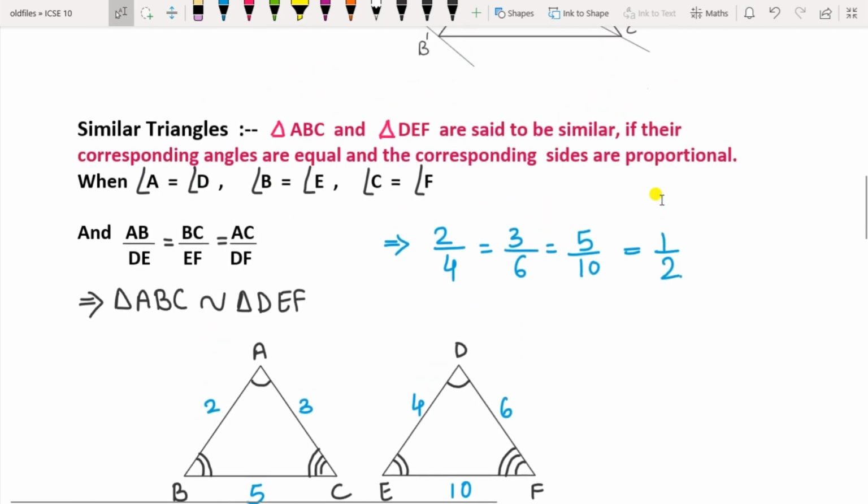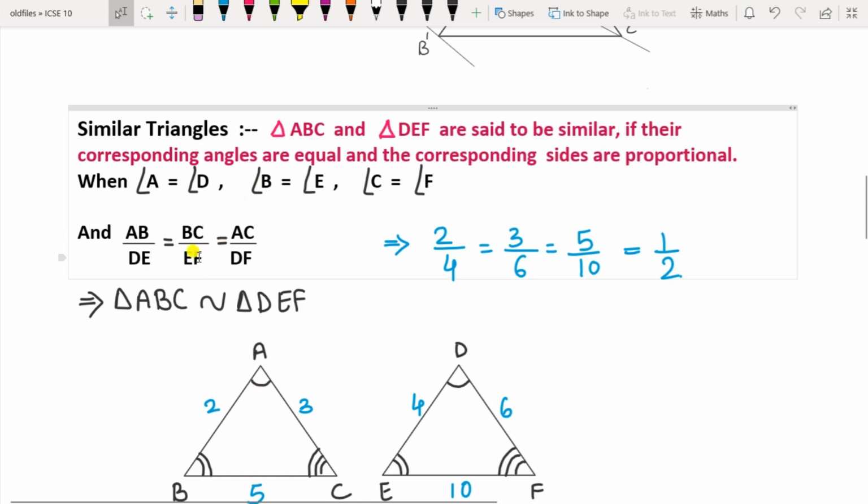So this was about lesson 15, and from lesson 16 it is similarity of triangles. As in your syllabus, it is about triangles you are going to study. So how to say that two triangles are similar? Suppose triangle ABC and triangle DEF are there. They are said to be similar if their corresponding angles are equal and the corresponding sides are proportional. This is not equal, this is proportional. So the corresponding angles should be equal and the sides should be proportional.